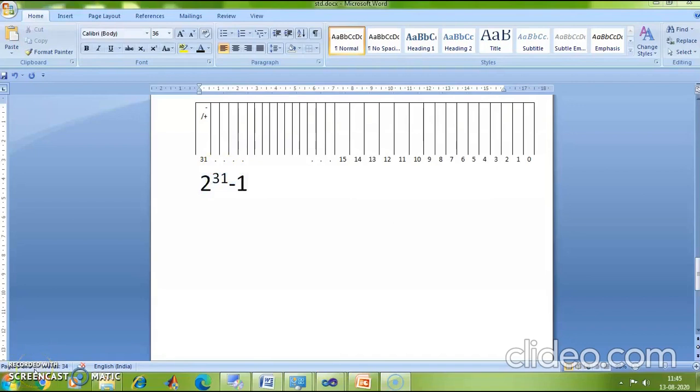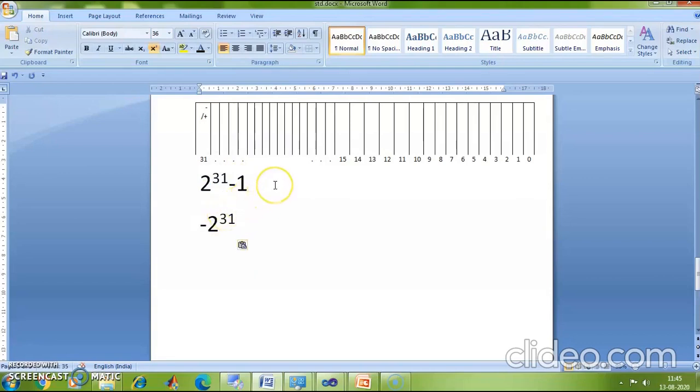And what would be my maximum negative value? The maximum negative value that I can have here would be minus 2 raised to 31, right? Minus 2 raised to 31.